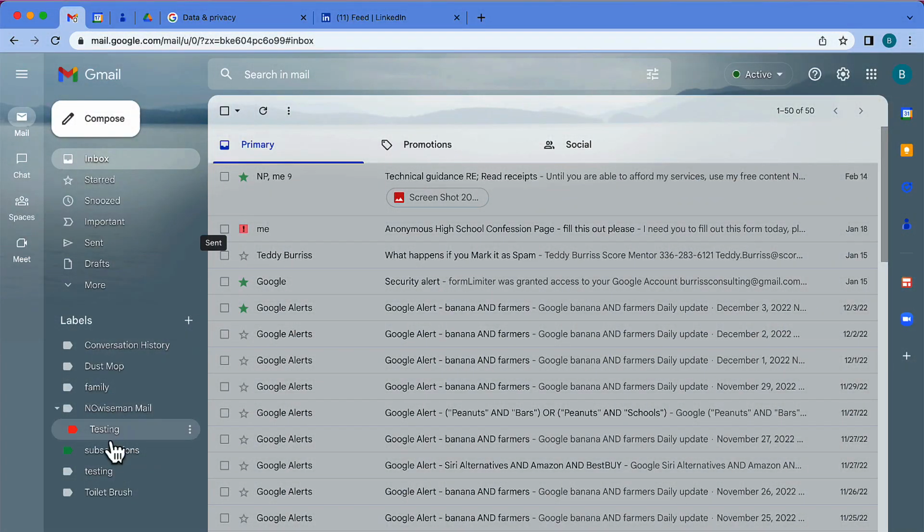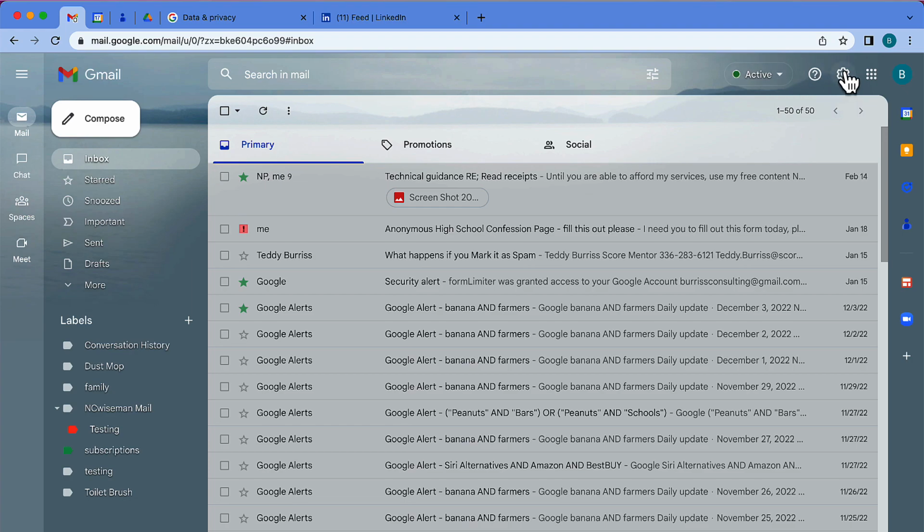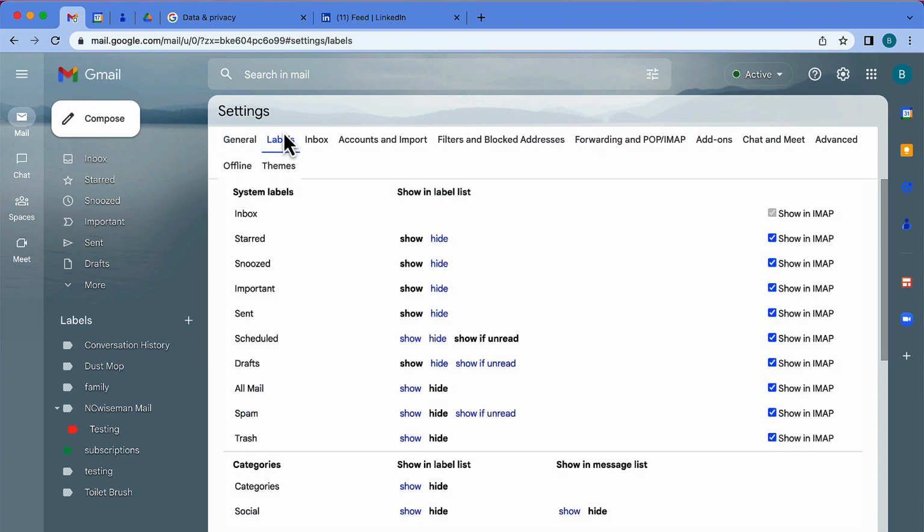You can see on this account that I've created a bunch of labels over here: conversation history, dust mop, family. I have testing and toilet brush. Well, I can get rid of them one at a time by clicking the three dots and hitting remove label, or I can hit the star over here, this rocket, go to see all settings, go to labels, scroll down